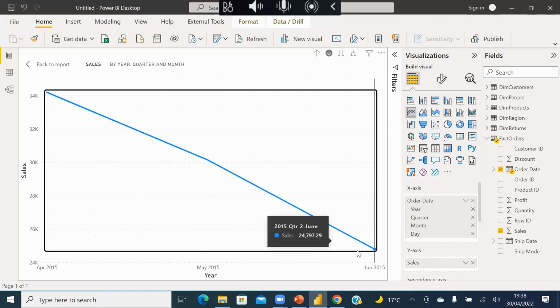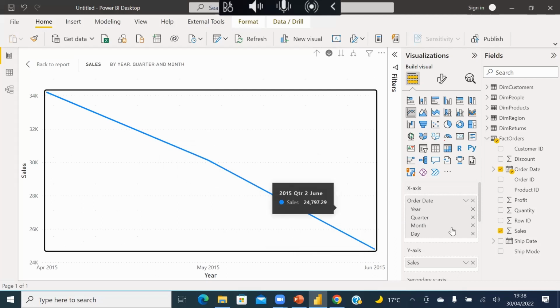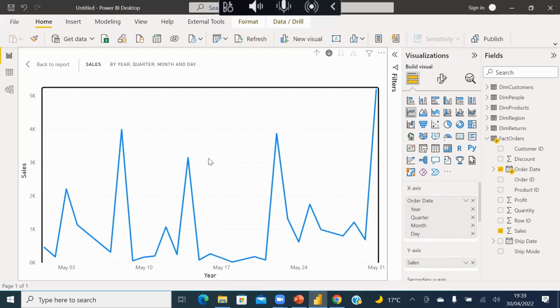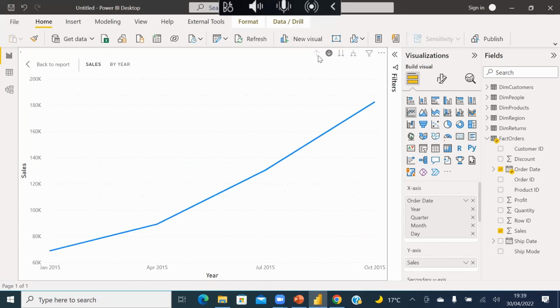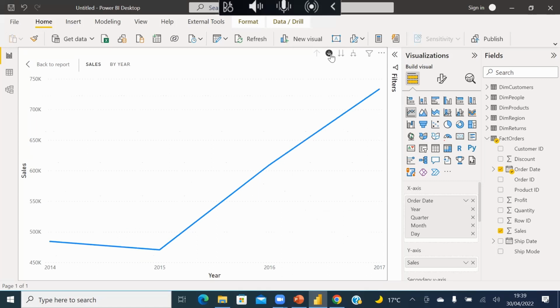Do you see this now? We are in April. Then we now go to the month level, right? If I click on this one more time, you see that we have gone down to the day level. So we've been able to progress gradually. There are instances where you may want to use this in your report, right? And remember, this is for the year we selected, right? So you get this for 2015. You can't see the other years, because if you want to see the other years, you have to start going back up. It says drill up. You go back up, and you're back up. That's the difference.